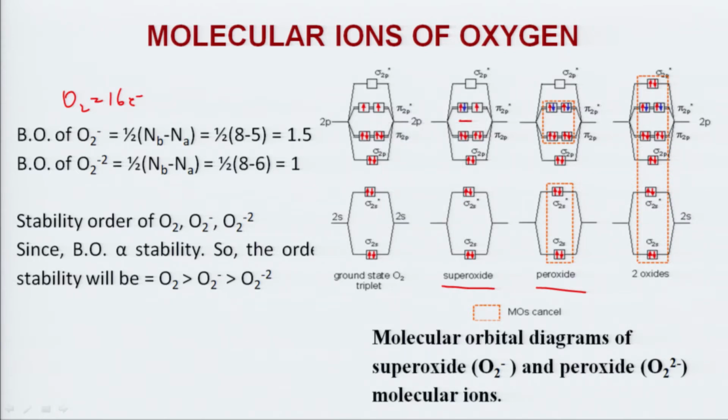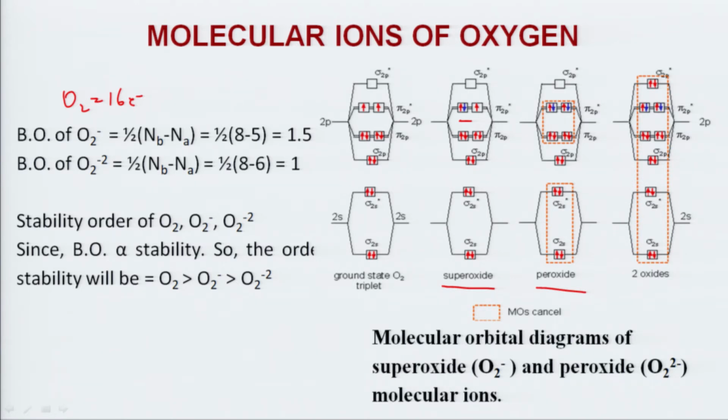Since the electron goes into the anti-bonding MO, the bond order therefore becomes, omitting the first energy level, the KK star, 8 minus 5 over 2, and the bond order is 1.5. You can calculate it from here. The bonding electrons are 2 plus 2 is 4, 4 and 4 is 8, so 8 electrons. The anti-bonding are 4 and 3, 2 and 3, 5. Okay. So, the bond order is 1.5.